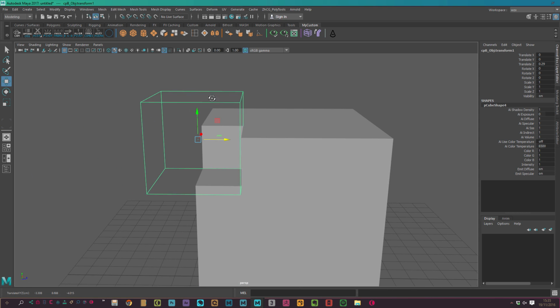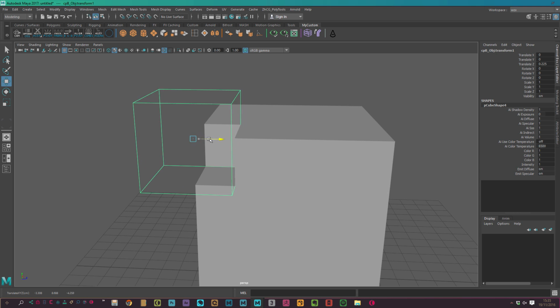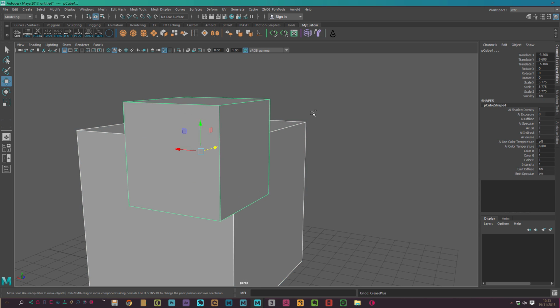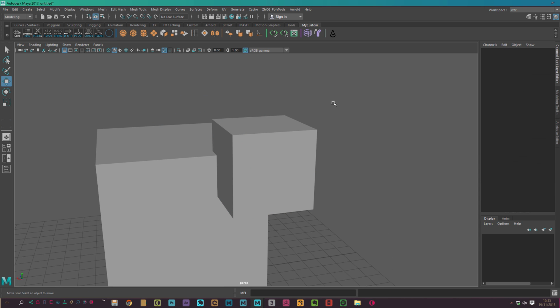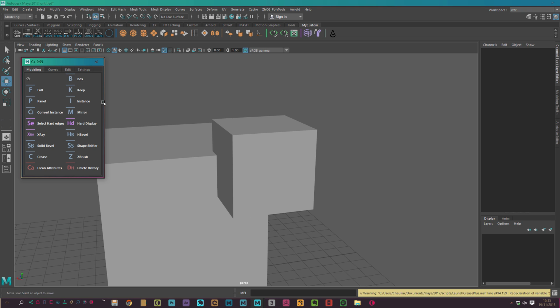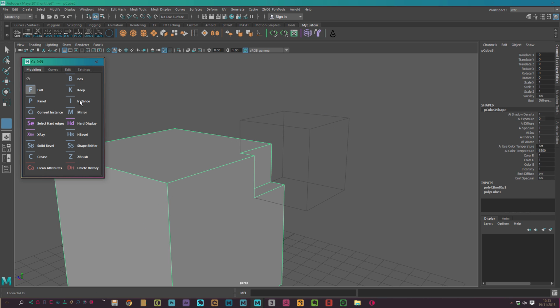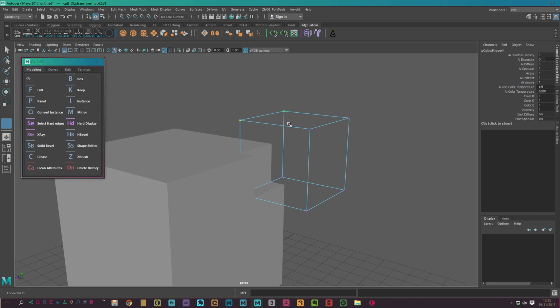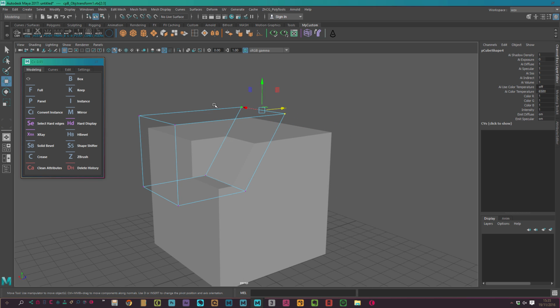By default, it's not the good bevel. You see, it's just the box bevel. I can't edit it, so it's just a quick bevel. If you want to edit it, you need to call the tool. Here, the one it performs automatically is a box. I prefer to use the full because the difference is that with the full, you can edit your